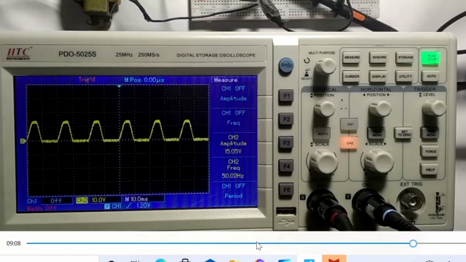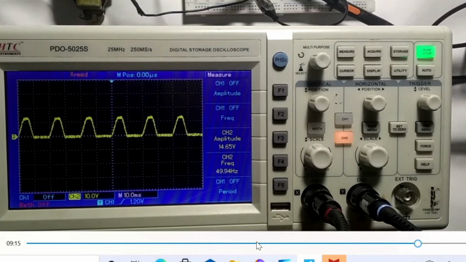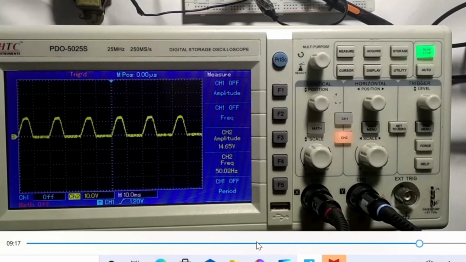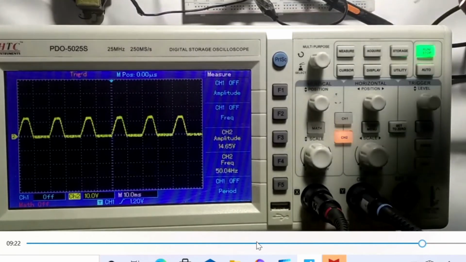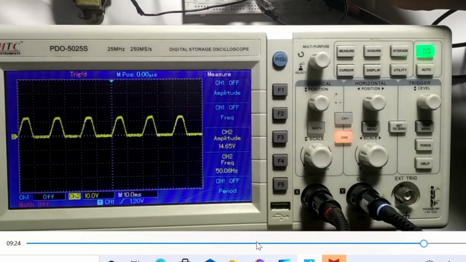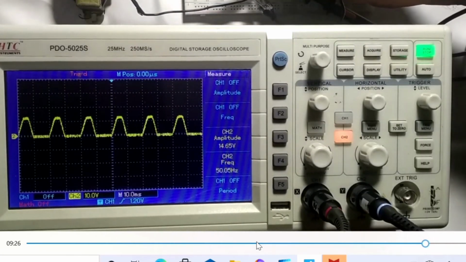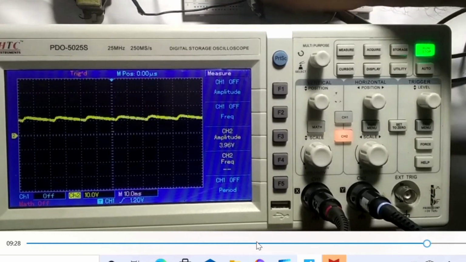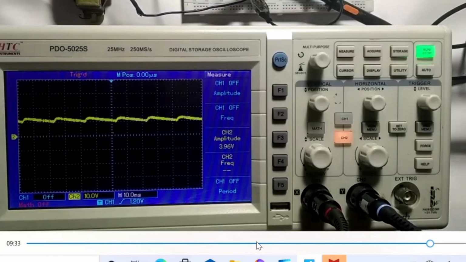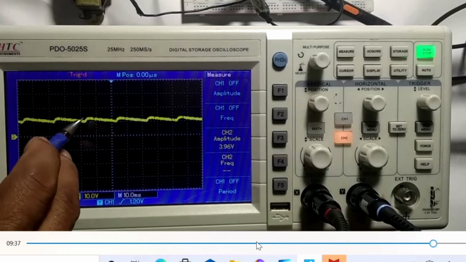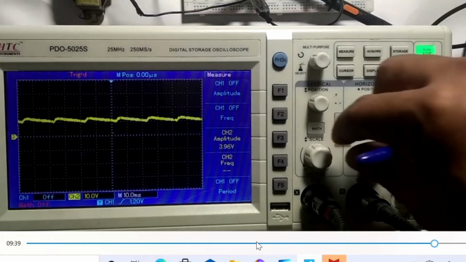See here, again a probe is connected in the second channel across a load resistor. Now across the load resistor, I am going to connect a capacitor for filter purpose. This is a 100 microfarad capacitor connected across the load. Definitely you will feel the difference. See, we have a DC voltage. With this zero reference line, it is shifted upwards. See, that is the VDC.